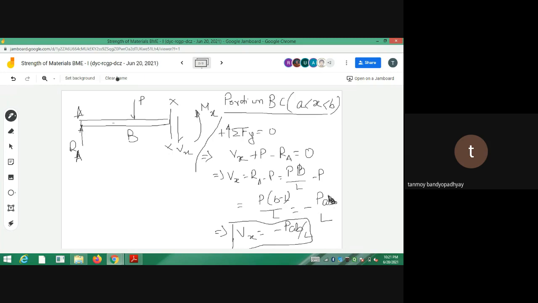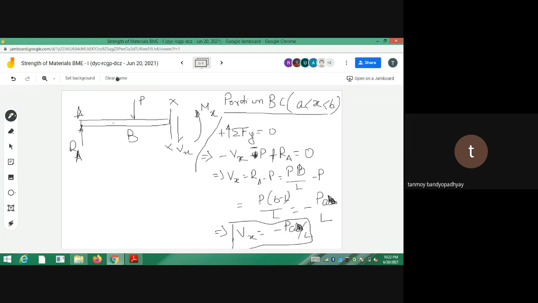Sir, if you take the upward direction as positive, then won't this be positive? Yes, yes, okay, do it that way, I just made a mistake in writing. To find Vx this will be minus, you will end up with the same thing. I agree to that. So Vx will be equal to the same thing, Ra minus P. Okay, yes, that is correct. Whatever the convention, do the problem in that way also.